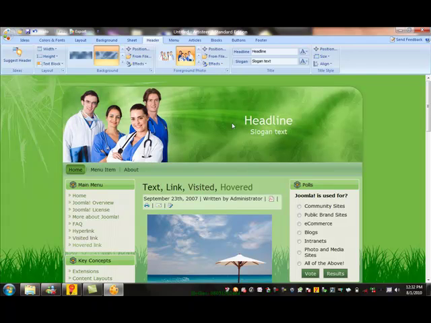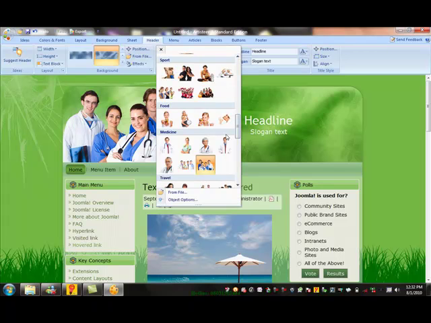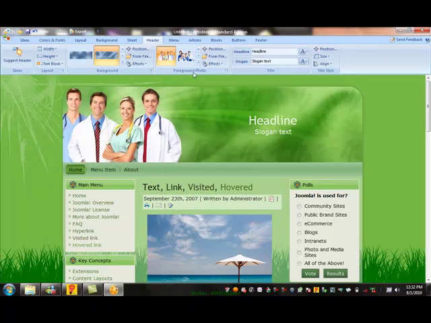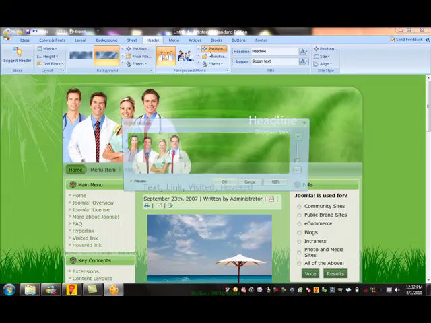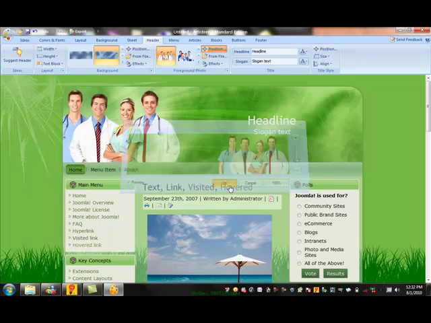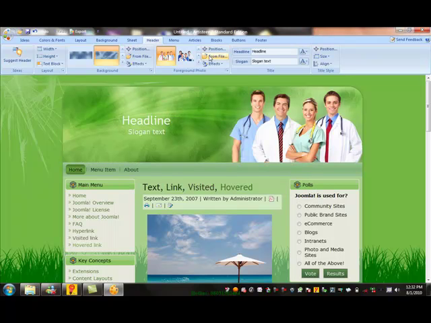The possibilities are endless. Let's look for another image that will be better. Something like this can be added. You can change the position again. Okay. You can also upload our own image if you have created a picture like this, but it has to have a transparent background. You have to use Photoshop to create a picture with a transparent background. In the previous chapters, we covered how to use Photoshop to create an image with a transparent background. You can add a title to it, call it